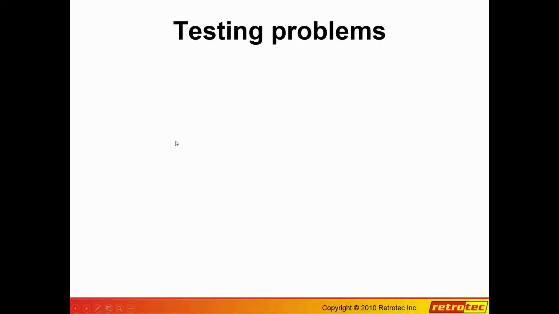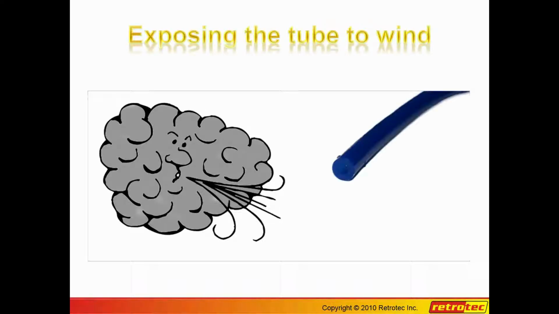So I'm going to talk about some testing problems that we're going to face, and one of the biggest ones is exposure to wind. And there, I would say that the most important thing we can do is the outside pressure tap should be on the downwind side, and a lot of the manuals show spreading 4 tubes around the building and so on. That helps to a certain extent, but what I find is often I just put 1